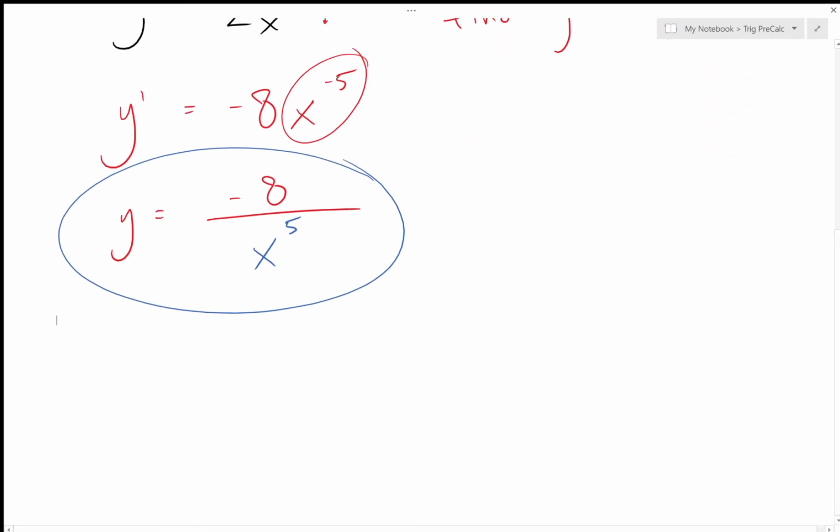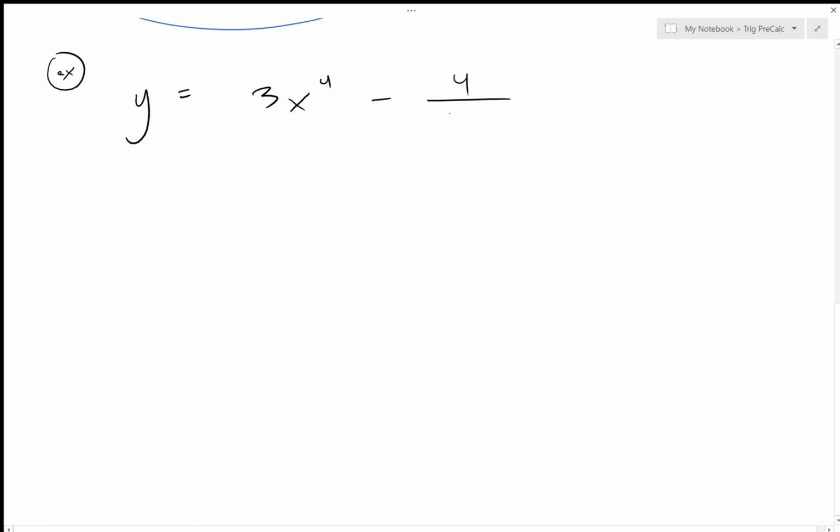All right. Let's look at some more polynomials now, so more terms in our problems. So y equals 3x to the 4th minus 4 over x squared minus 5x to the negative 3rd. So we've got 3 separate pieces this time. The first one's pretty ready to go. Now I'm not going to take the derivative just yet